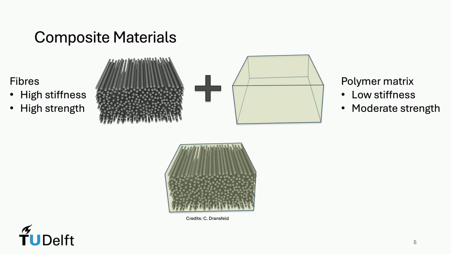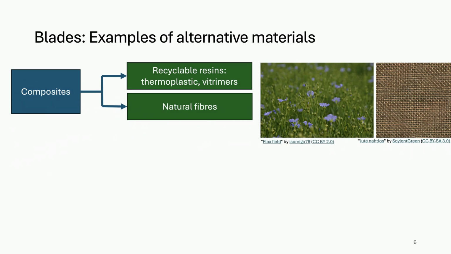At the moment, a lot of research is performed on what we can do with these blades at the end of their lifetime, and how we can improve the circularity of the blades. To address this, researchers are exploring alternative materials, such as using different resin systems that are more easily recycled. Another area of interest is natural fibers. Research is exploring the possibility of using natural materials such as hemp, flax, or jute for rotor blades. These materials have the potential to reduce the environmental impact of the wind turbine, as they capture CO2 during their growth and can be recycled or biodegraded at the end of their life.